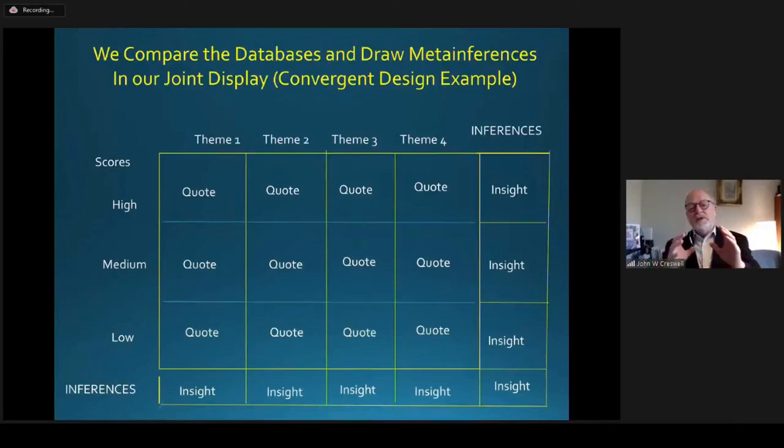Now, once we have the joint display, we need to look across the databases and draw some conclusions about what we learned from this integration. This is called inferences or meta inferences. It's called meta because we have quantitative inferences and qualitative inferences